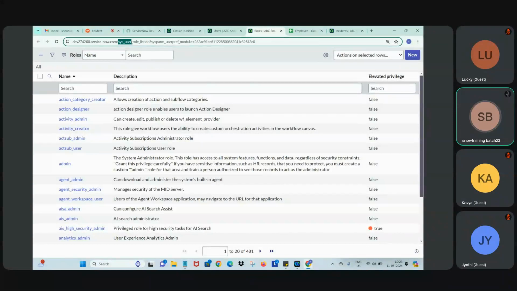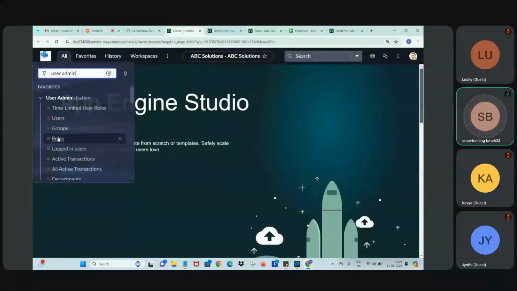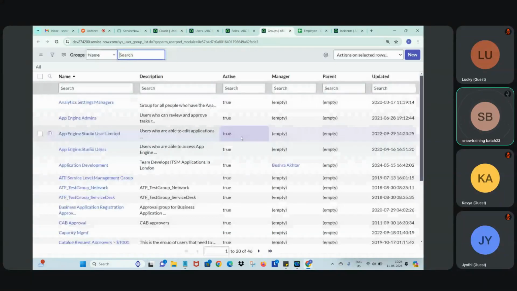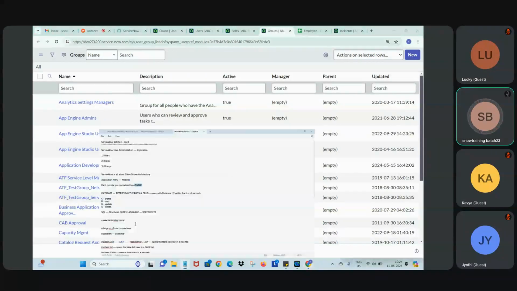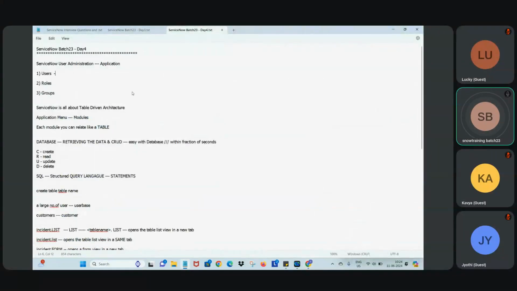See this, sys_user_role. This is the name of the table. If you put _list in the URL, you will get the list view of your table. Similarly, if you click on Groups, it is one more table, sys_user_group. Today we'll be talking about these three things. sys_user is the backend name of your users table. sys_user_role is the backend name of your roles table. sys_user_group is your